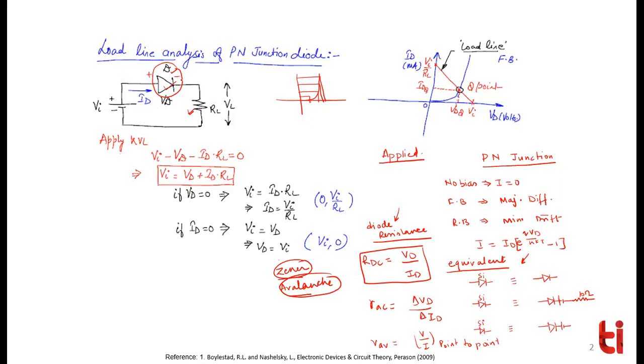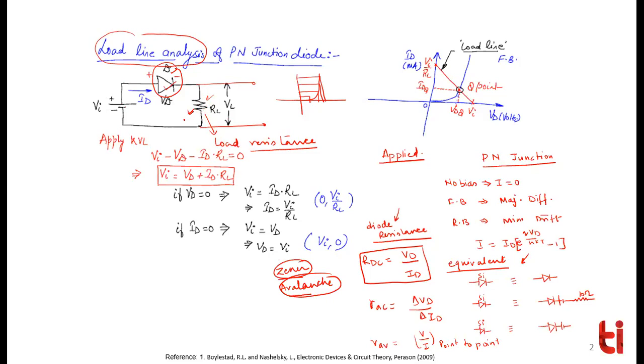But in case the characteristics are given, then you cannot apply the models over here. Then you need to do the load line analysis. What is the meaning of load line analysis? This resistance, because you are calculating the voltage across this resistance, is known as the load resistance. This is your load resistance. Load meaning whatever load you are applying over here. It may be an LED, it may be anything else. Whatever resistance you are applying is basically a load resistance. Here you can connect any appliance of your home, and whatever the resistance of that appliance is will be known as the load resistance.